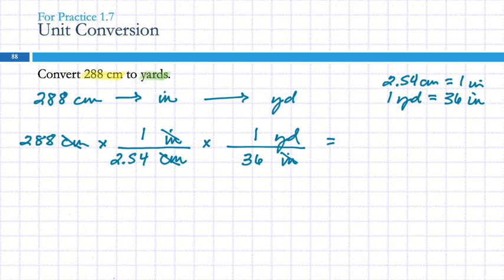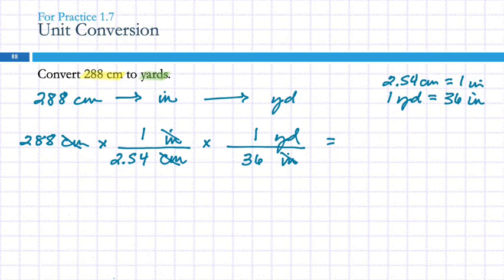So I'm going to take 288, I'm going to multiply by the number on top, divide by the number on the bottom. Multiply by the top, divide by the bottom. Well, if I skip the times 1, is it going to change the answer? No. So you can skip the times 1. Other people are like, but I can't skip the times 1 because it's written there. Well, go ahead and multiply by 1 because that's what makes sense to your brain. That's how you think. So go ahead and do it. So I'm going to say that I'm doing it, and I'm not actually going to do it. So 288 times 1 divided by 2.54 times 1 divided by 36 equals